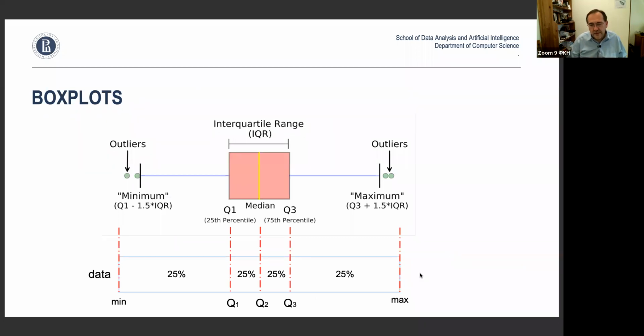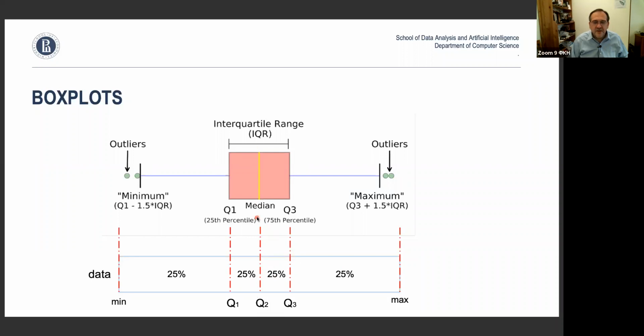So the idea is the following: you take all your data, you order it, and then you split it into 4 equal parts in the number of data points. So you're going to have one quarter of your data set, then another quarter, then another quarter, then another quarter. You order your data and split it into 25%, 25, 25, 25. That means instantly that if you think about this as being 50% of the data, and that's another 50% of the data, that's your definition of median, right?